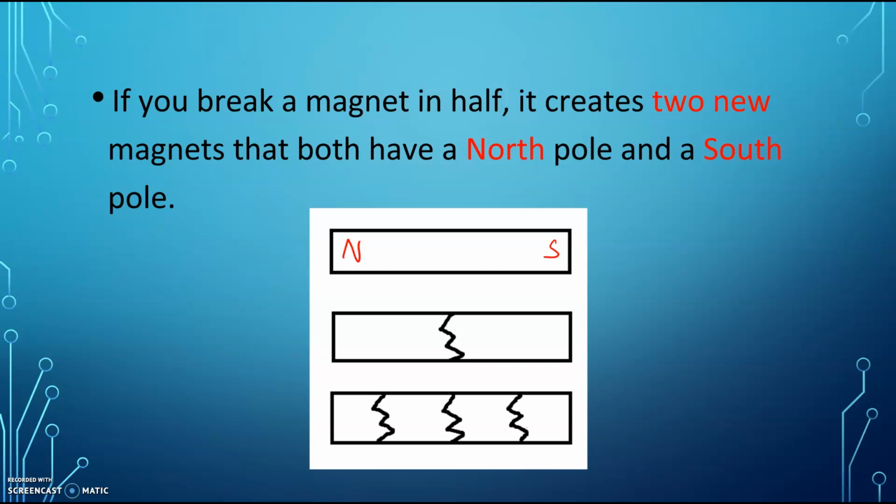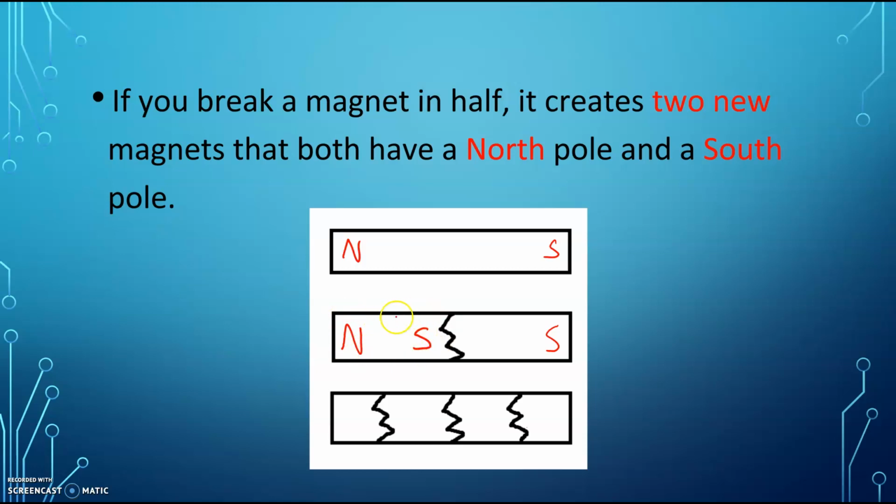North there, south there. So let's say we take this magnet and we break it in half, right down the middle, as we kind of see in the middle here. So now we still have north here. It didn't go anywhere. South is still going to be over here. Those didn't vanish, right? But now that you've broken it in half, now you have another south end here because